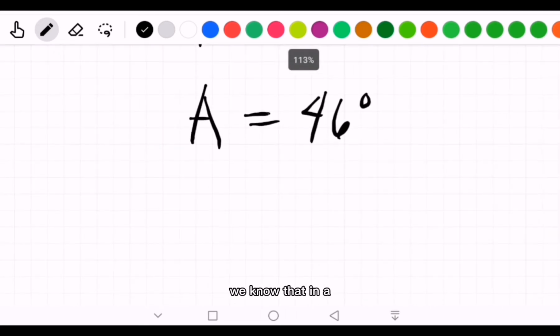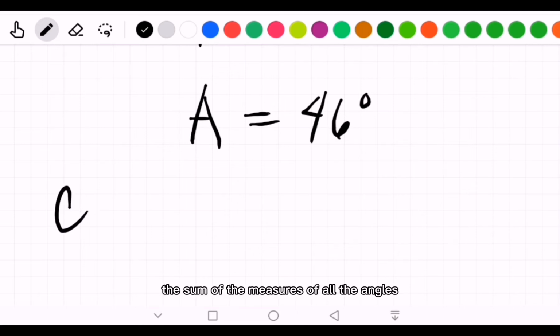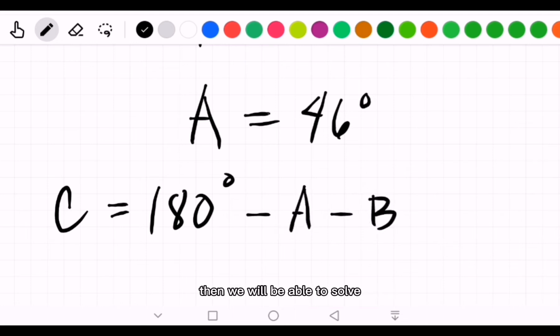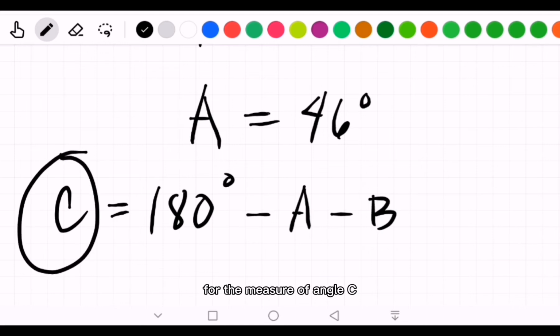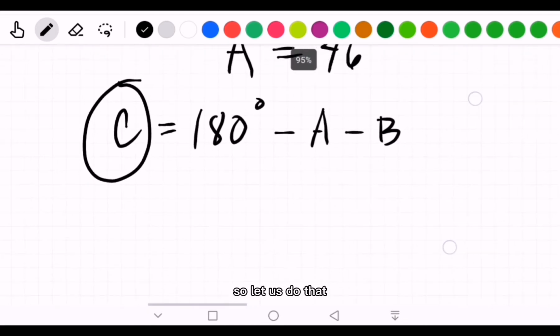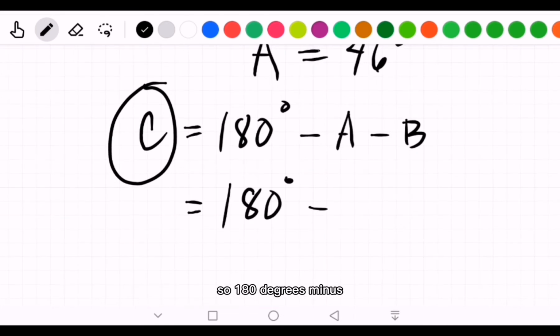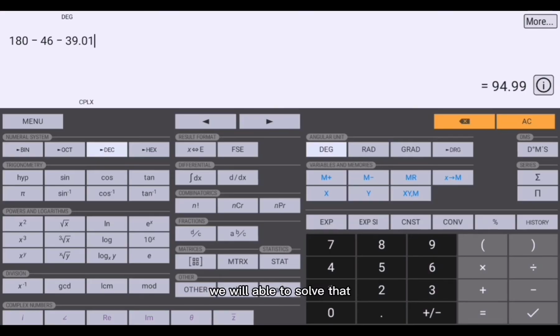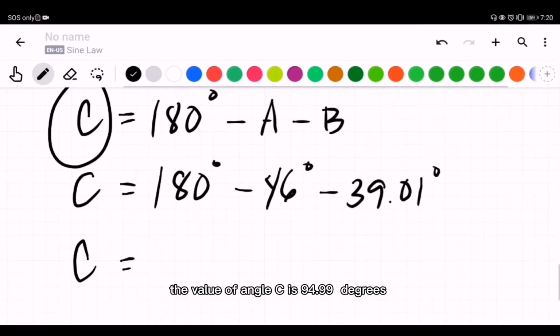Now, since we already know the measure of angle B and angle A, which measures 46 degrees, we know that in a given triangle, the sum of the measures of all the angles is 180 degrees. Therefore, if we subtract the two given values A and B, we will be able to solve for the measure of angle C. So let us do that. 180 degrees minus 46 degrees minus 39.01 degrees. With the use of a calculator, we are able to solve that the value of angle